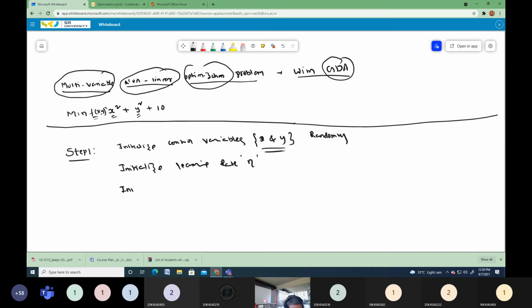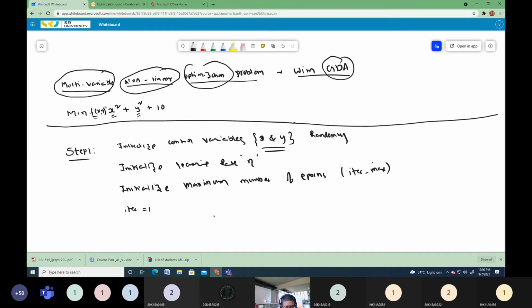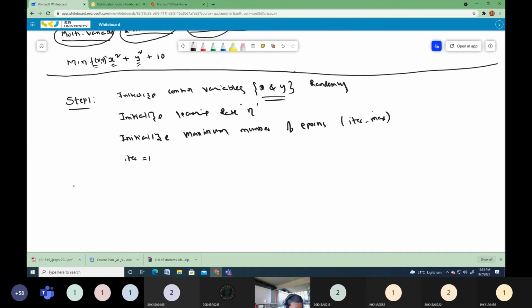And also initialize the maximum number of epochs or iterations. Both are the same, number of epochs or iterations. I want to call it iter_max. And also you have to set iter equal to 0. That means we are starting the first iteration.